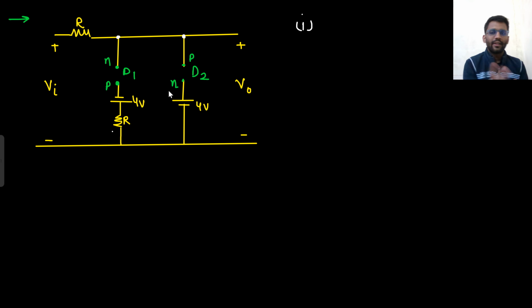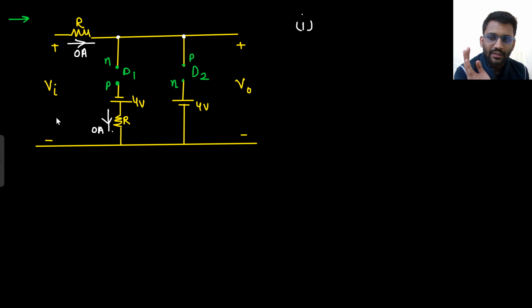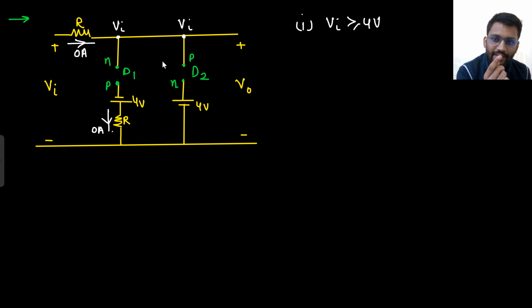Okay, you can turn on any diode. Let's try to turn on the diode D2 first. So what will happen here? If both diodes are open circuited, that means there will be no current through the resistor, no current through any resistor. So if this is 0, this will be V in. This will also be V in, right? So let's try to turn on the diode D2 first. So when V in is greater than or equal to 4 volt, at that time diode D2 will be on,